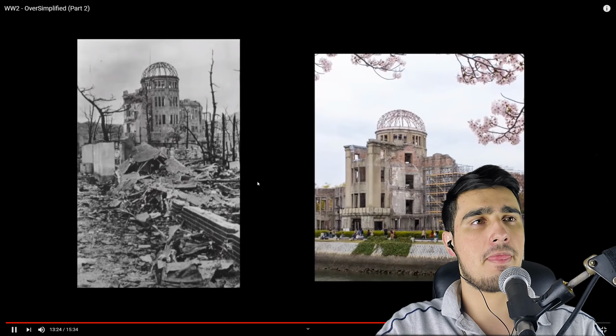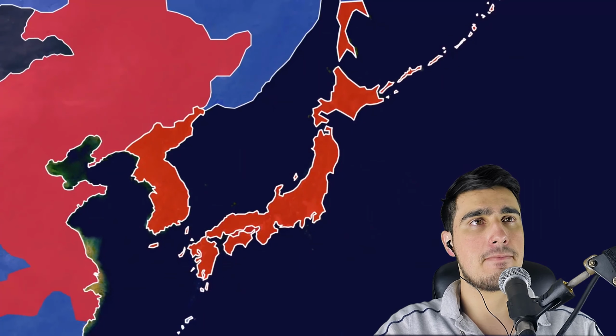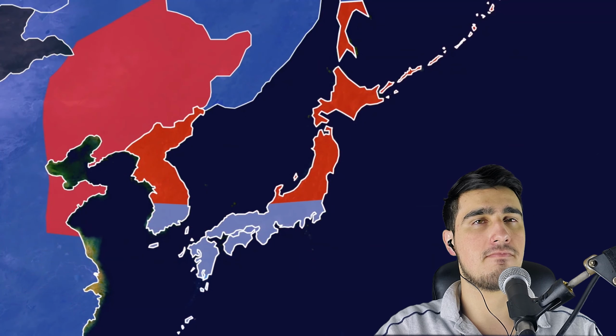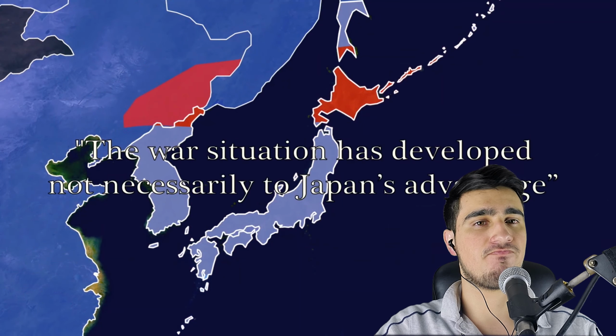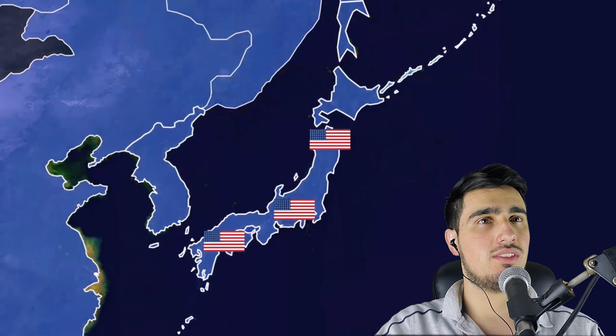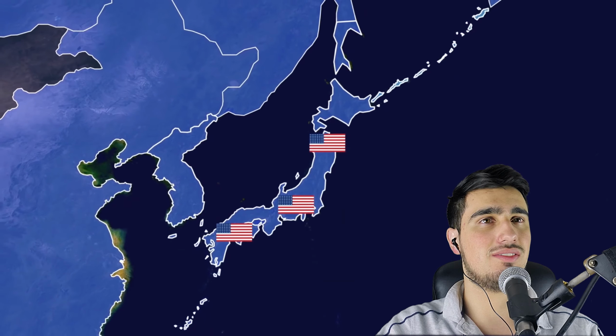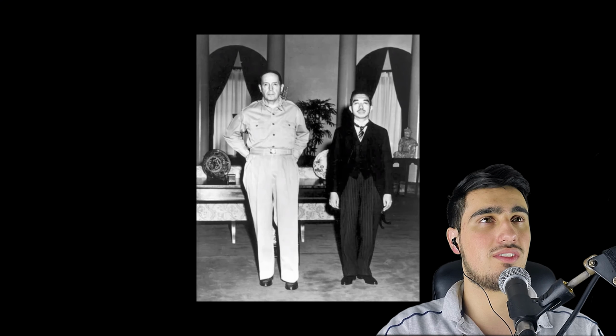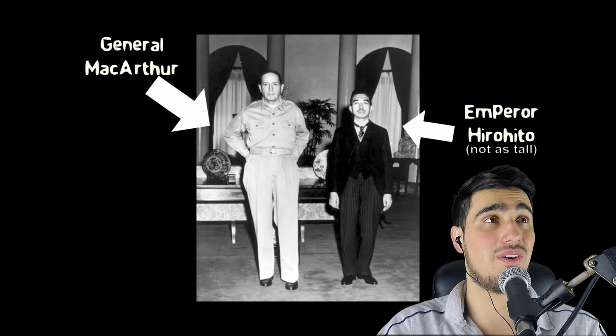But for the Allies, it achieved their main aim. In September, the Emperor announced Japan's surrender, saying the war situation has developed not necessarily to Japan's advantage. After 6 years, the war was finally over. The Allies occupied Japan for 8 years. The Emperor was allowed to keep his position, but General MacArthur made sure this picture was printed in the Japanese press to display to the Japanese people that their Emperor was...